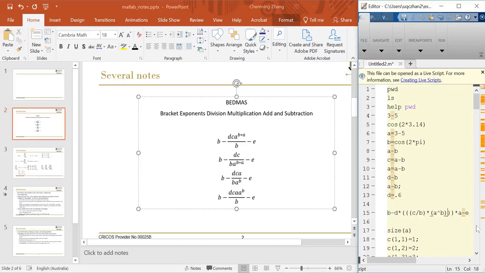That makes the command not quite understandable. So my advice is that you really try to follow BEDMAS. You can clearly reduce the number of brackets in this system. In my case, if I want to make this one relatively human readable, the way that I'll do it is to